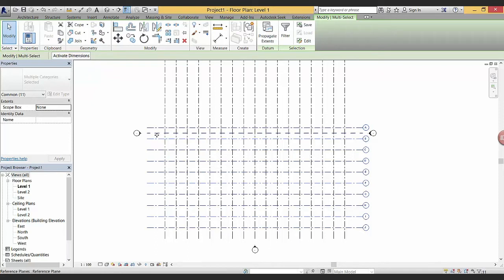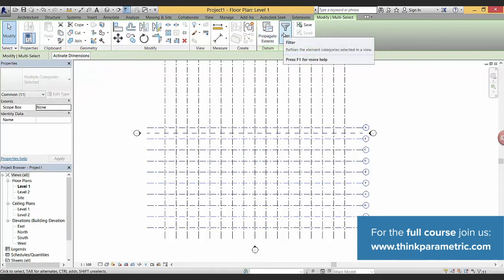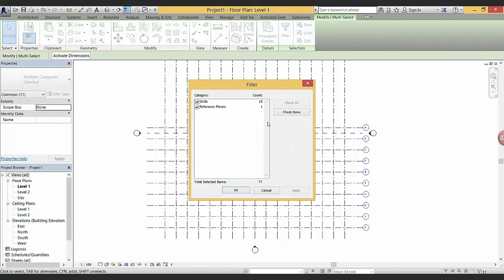So in order to deselect the reference plane from the selection, you can hold Shift on your keyboard. You will see that you get a minus sign next to your cursor, and then obviously click on the reference plane. Or you can use the filter in the Modify tab that's available here. You can see that you have selected 10 grids and one reference plane.